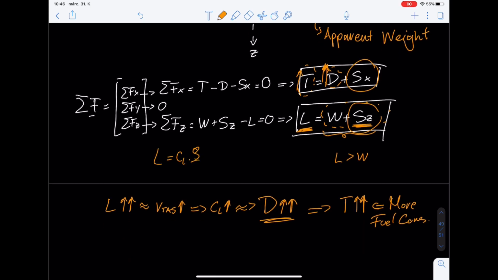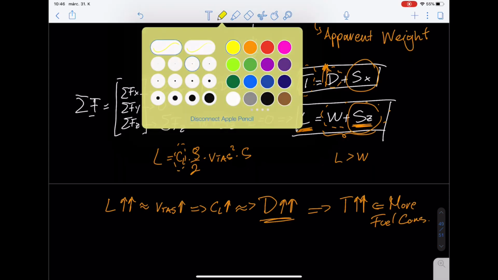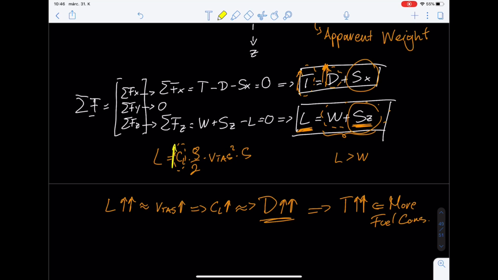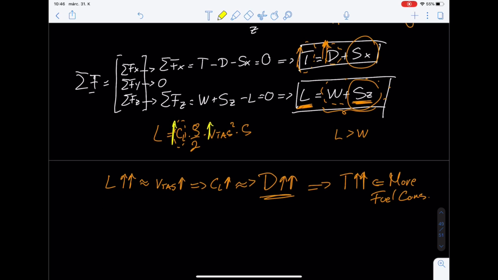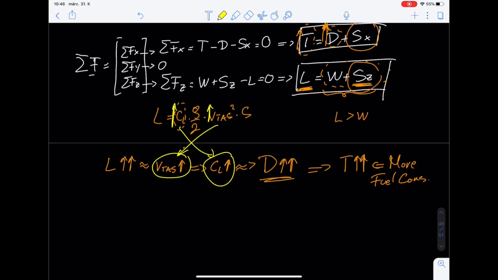So how can you increase the lift? You either increase your angle of attack, with which you increase your lift coefficient, or you increase the speed. Sorry, the other way around: here we increase the speed, and here we increase the lift coefficient. In both cases, you're going to increase the drag, right? Why? Because you have the drag coefficient